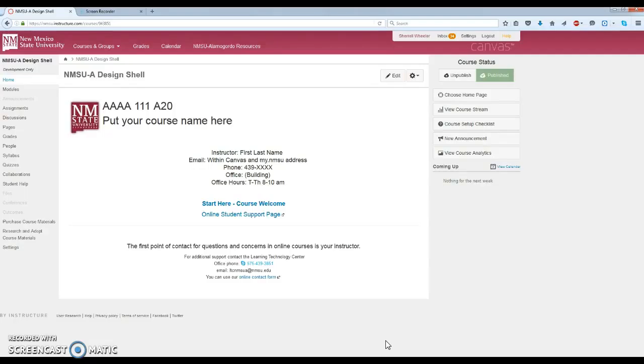First of all, the front page is the online template, is what we call it. Every single course on our campus must use this front page, and they go in and make the adjustments here. Below this little gray line, I know that's kind of hard to see, and above this, the first point of contact statement, the instructor's allowed to put anything in there that he or she wants.